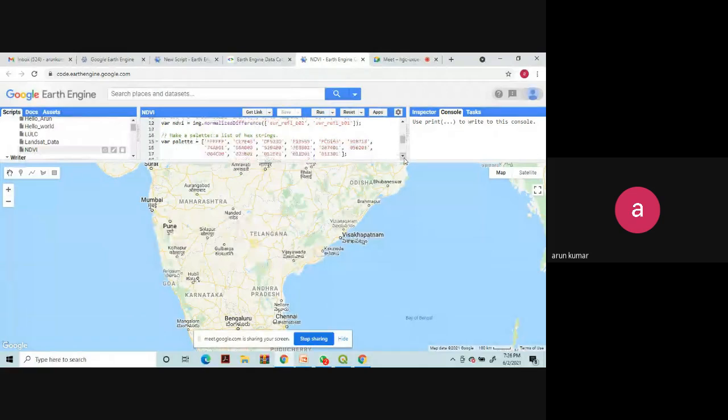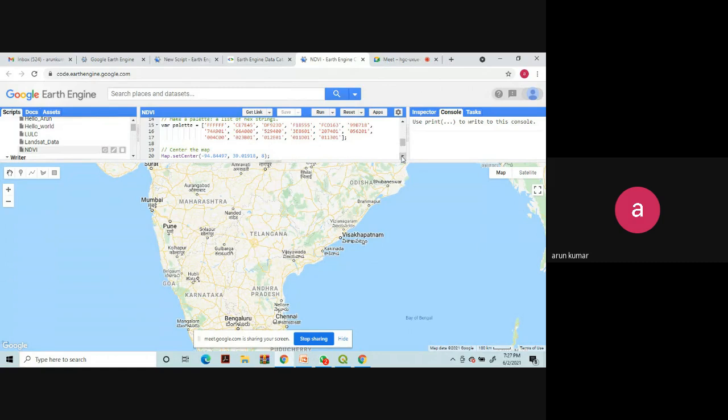We have different color palettes. It starts from the basic dry color, and for one it represents a green color. The minimum value is 0 and the maximum value is 1, and the color palette consists of different color shades. When you run this,